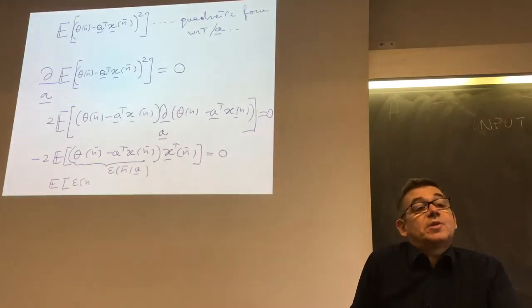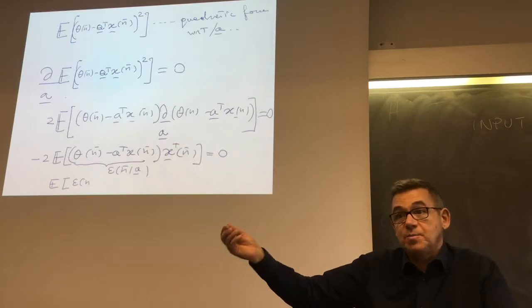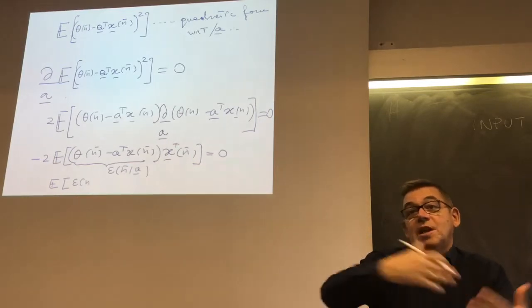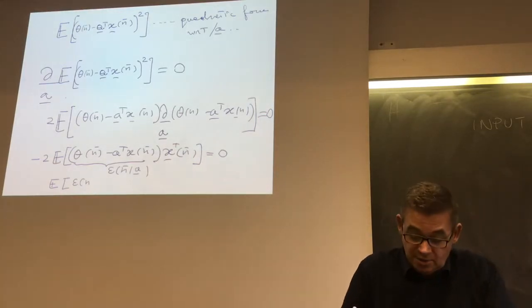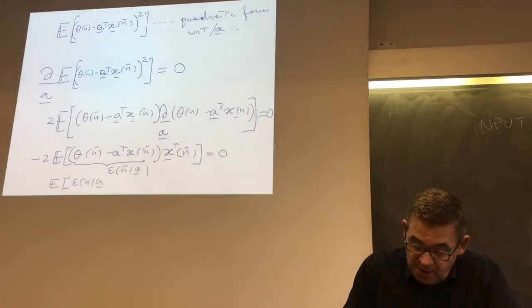I don't need to set a specific value of n because the process is stationary, so I can choose any arbitrary n. So it's epsilon n, which depends on A, times x transpose n,